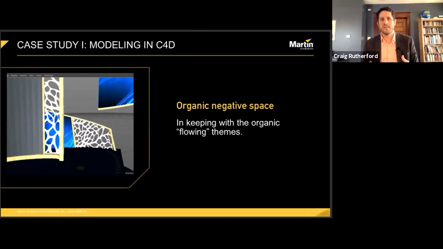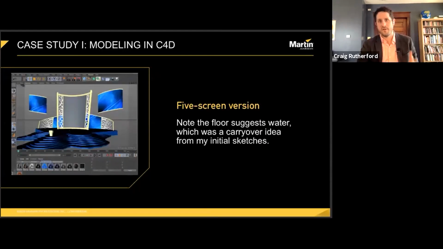And then, while in Cinema and modeling, I decided that the floor should be another nod to the water theme, combining the look of a sort of topographical map with the obvious blue color choice. So this is where using Cinema for my initial model turned out to be really helpful, because this crazy multi-level steps thing for the floor took me around 20 minutes in Cinema to get a final product. And it would have been, I think, probably quite a bit more time and headache if I tried to do it in Vectorworks.